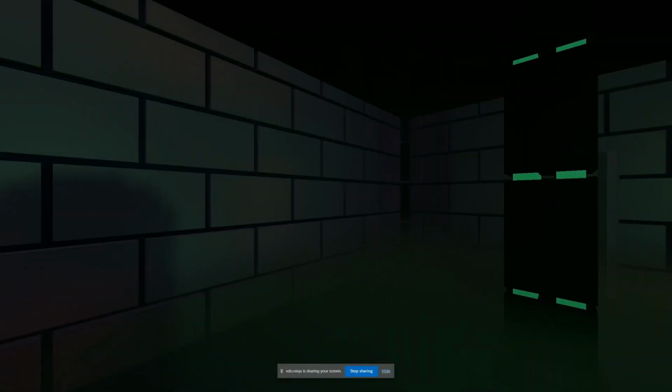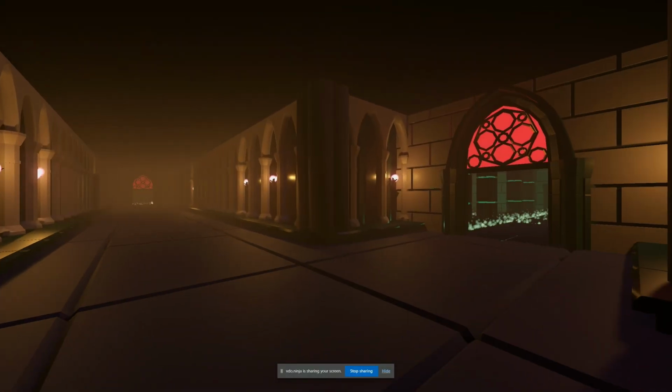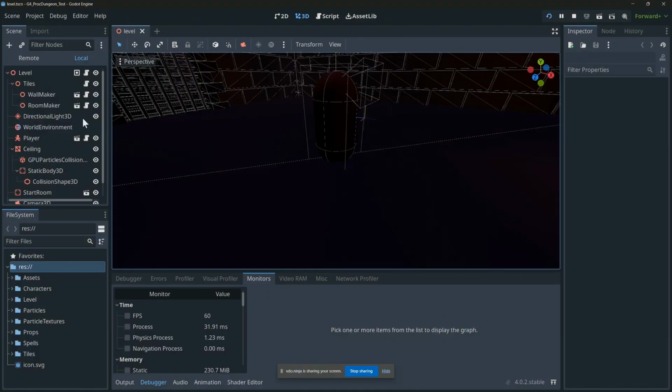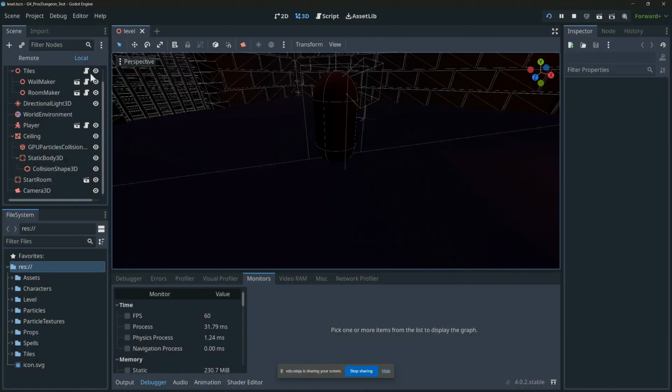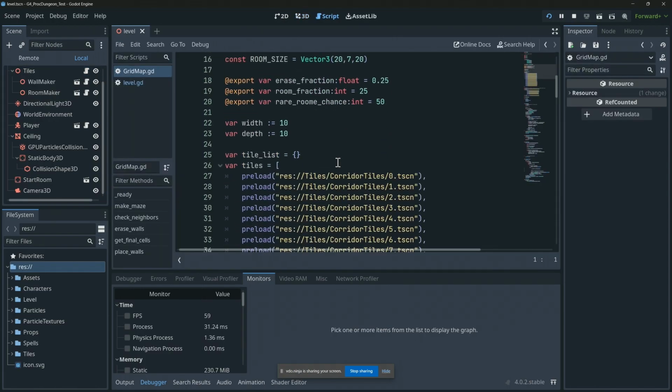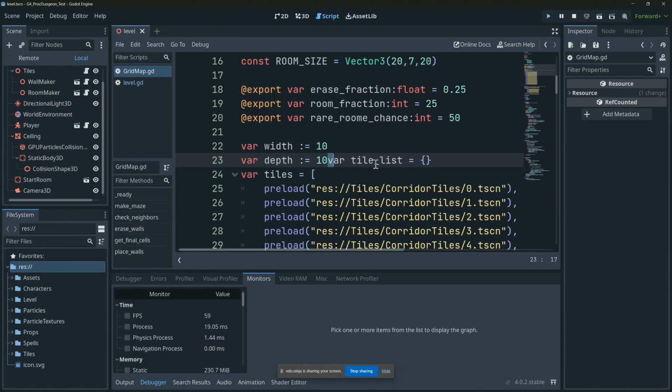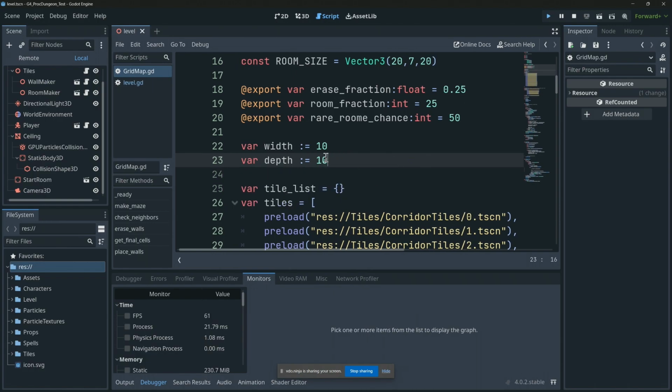There is also an exit room, but it's quite hard to find on a 10 by 10 grid. Let's show them the exit room. If I recall correctly, I need to be in the tiles script, and then I can come down here, and this one here, isn't it? So if I make this really, really small...